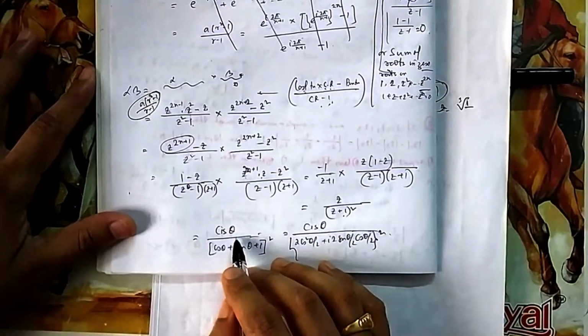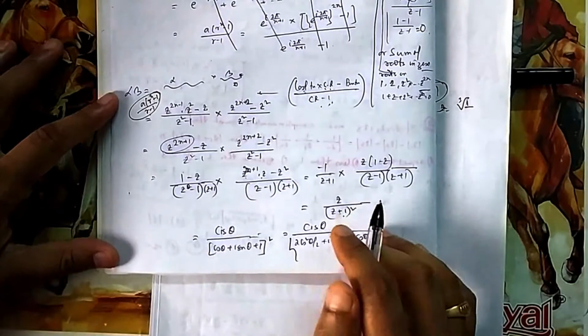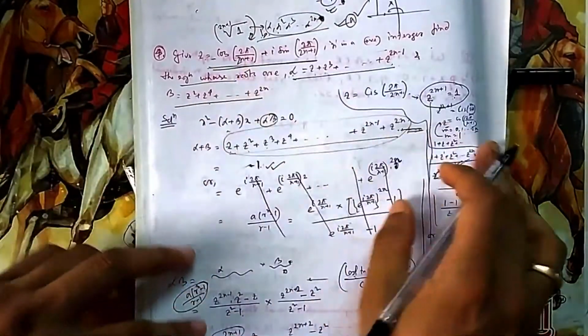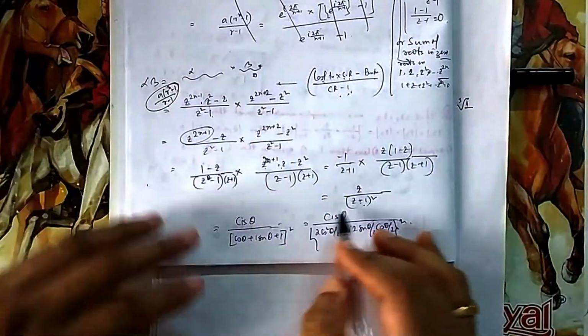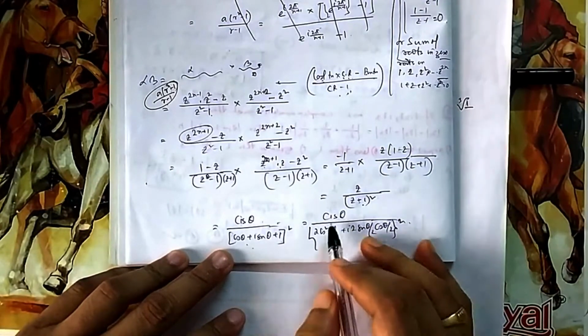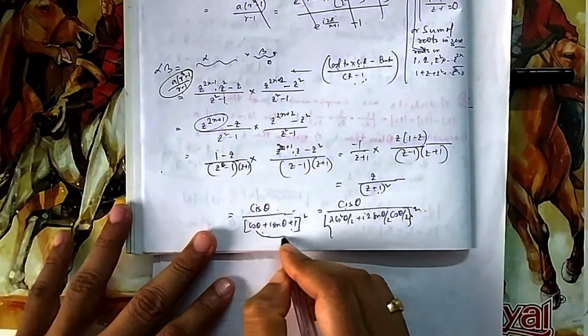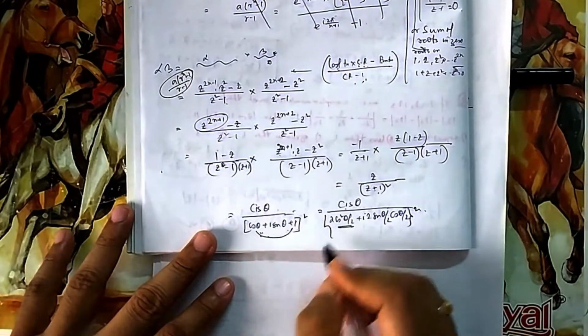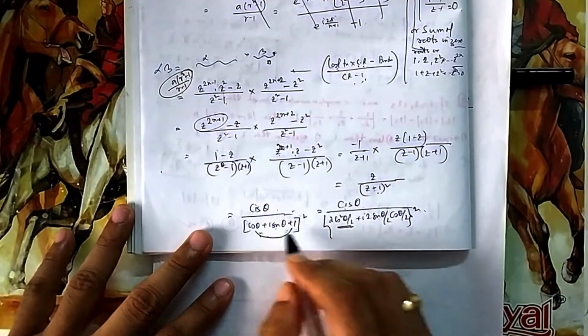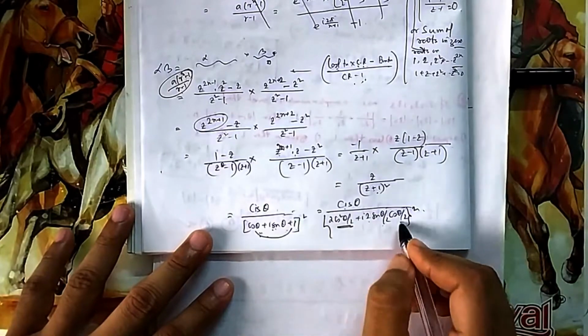Now what is Z? You write it in cis theta format because you need to simplify it. This is your cis theta. You need this product. So if you apply cis theta, it is cis theta plus 1 whole square divided by cis theta. If you take plus 1, I think you know this one: cos theta plus 1 is 2 cos square theta by 2. And if we apply here sin theta, 2 sin theta by 2 cos theta by 2.